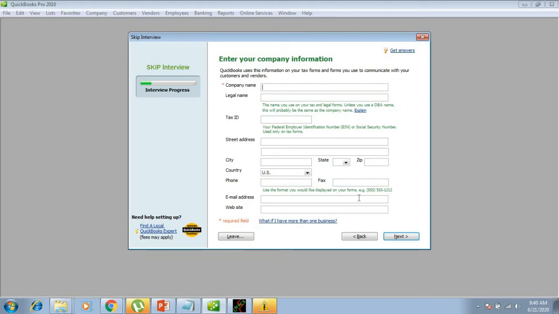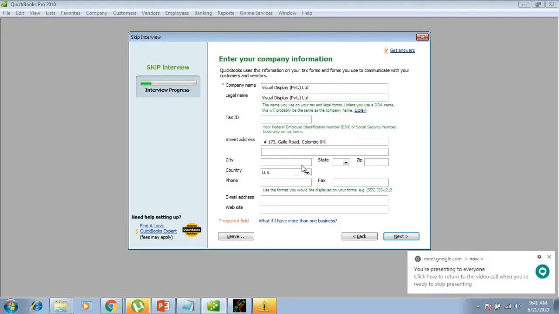So here in this screen you have to provide the company information. So you write the company name, Visual Display Private Limited, and then the legal name the same. Then street address, city Colombo, and then country.